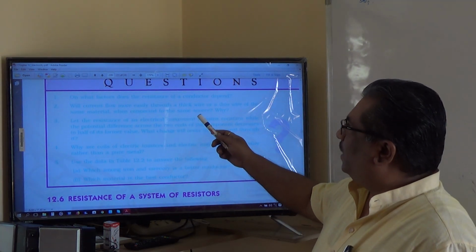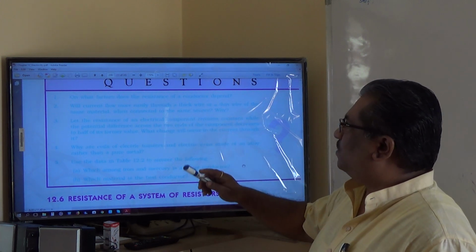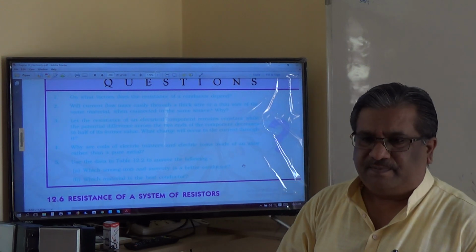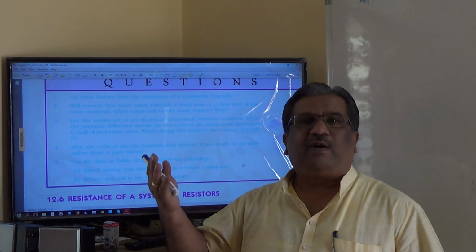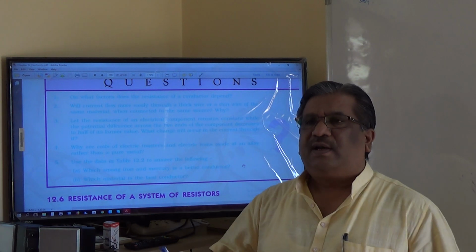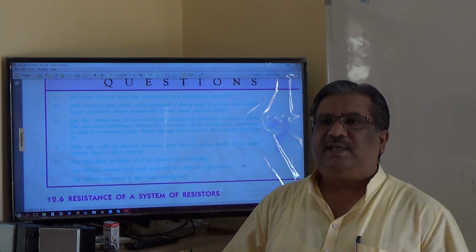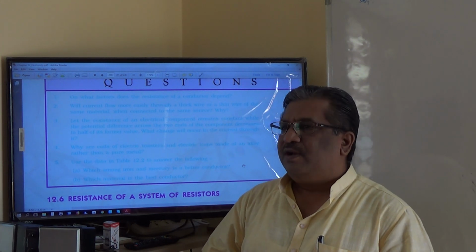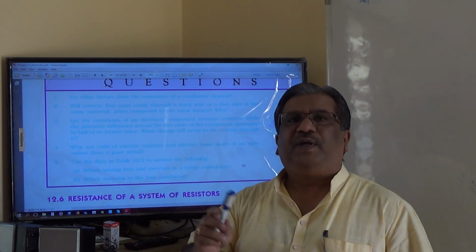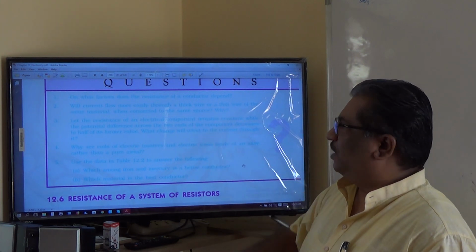Will the current flow more easily through a thick wire or a thin wire of the same material when connected to the same source, and why? The flow of the current can be compared to the flow of water. Thicker the tube, more water can flow. Similarly, thicker the wire size, resistance decreases. Why is it so? Resistance is inversely proportional to cross-section area. So thicker the wire, more is the cross-section area, lesser is the resistance, therefore more is the current flow. Hence current flows more through a thick wire compared to the thin wire.